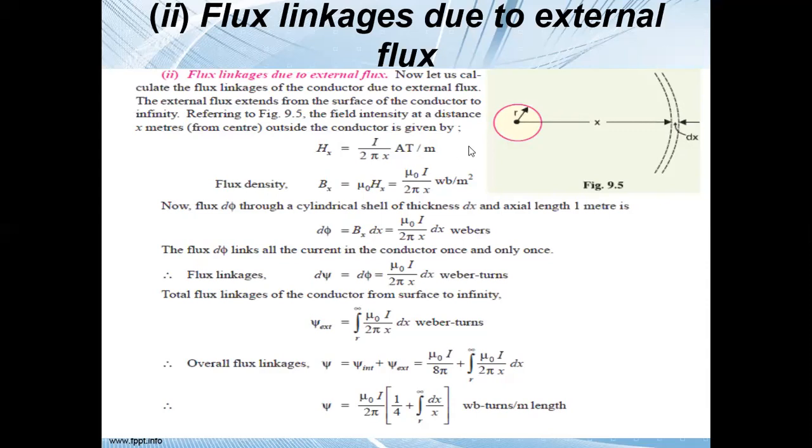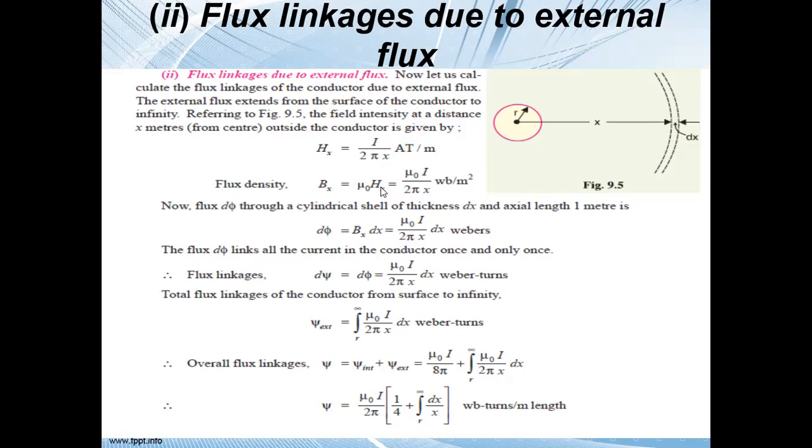And I is the total current, because when we are considering the external flux linkage, the total current will contribute towards the flux linkage. But in case of the internal flux linkage, the total current will not contribute. In that case, only the current which is present in that particular section, that is Ix, was contributing towards the flux. So Hx equal to I by 2 pi x,